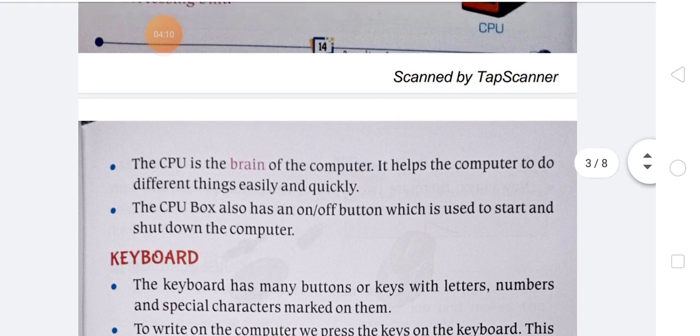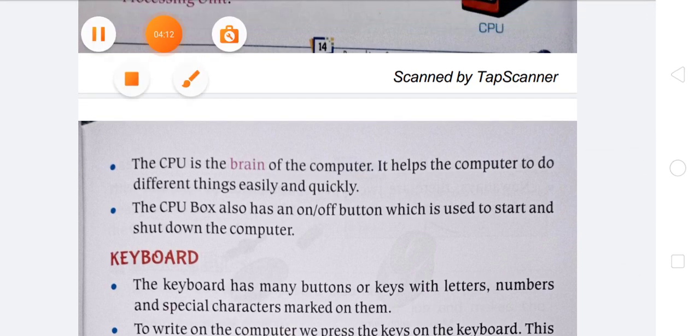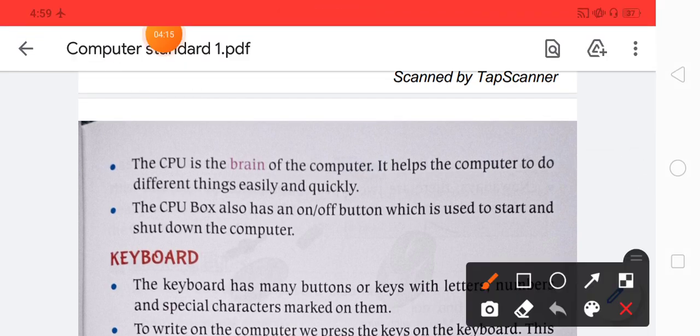If we talk about the function of the CPU, the main function of the CPU is that it is the brain of the computer. It helps the computer to do different things easily and quickly. So the computer does different things easily and quickly with the help of its brain, which is known as the CPU.